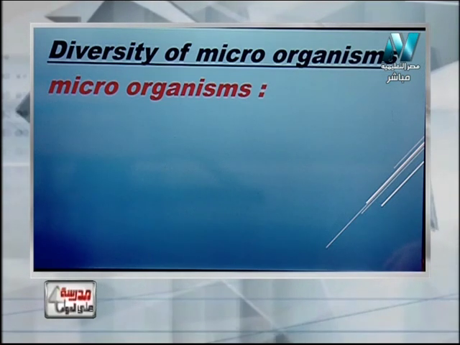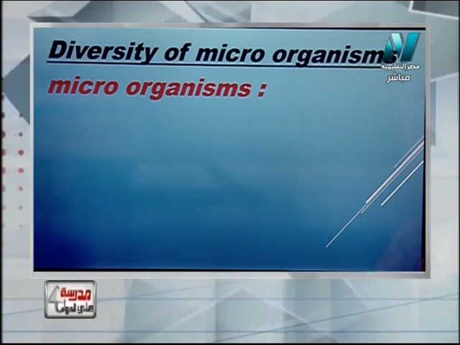Now let's talk about diversity of microorganisms. We talked about diversity in animals. Number 2, diversity in plants. Number 3, diversity of microorganisms. But what is meant by microorganisms? As you notice, my dear students, micro comes from microscope. A microscope is a device that is used to enlarge, to make something bigger many times, as a million times, to see something or some living organism that you cannot see with your naked eye. So micro means